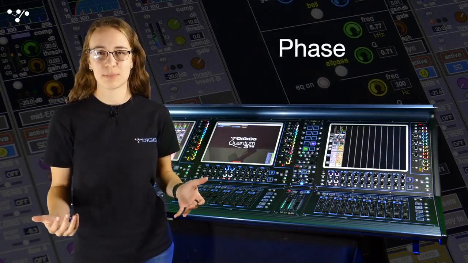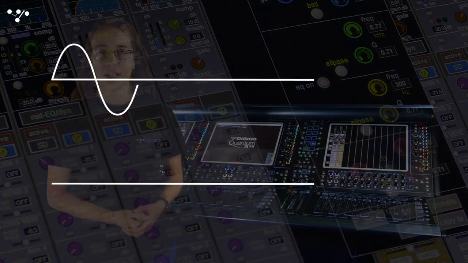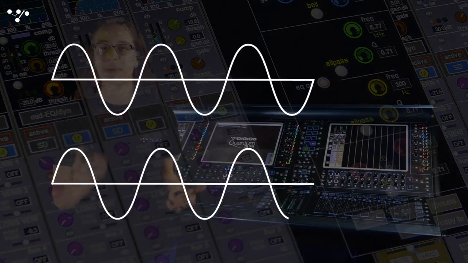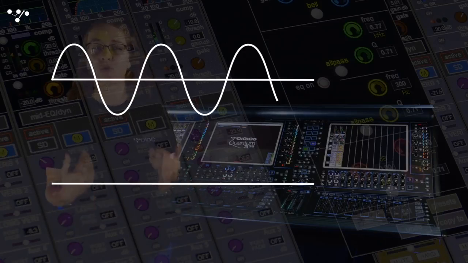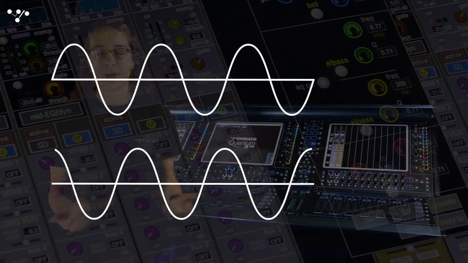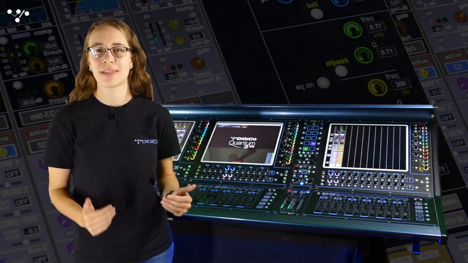Phase is easiest to explain if we consider two sine waves of the same frequency. The two signals are in phase when their peaks and troughs line up, but out of phase when the peaks and troughs do not line up. The amount they are out of phase by is based on how far apart the cycles are and is usually